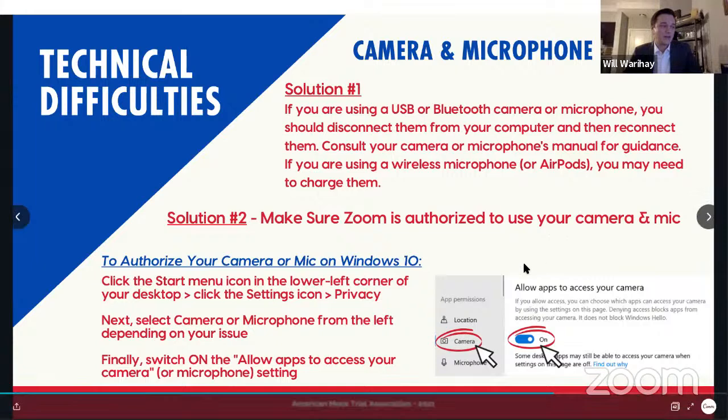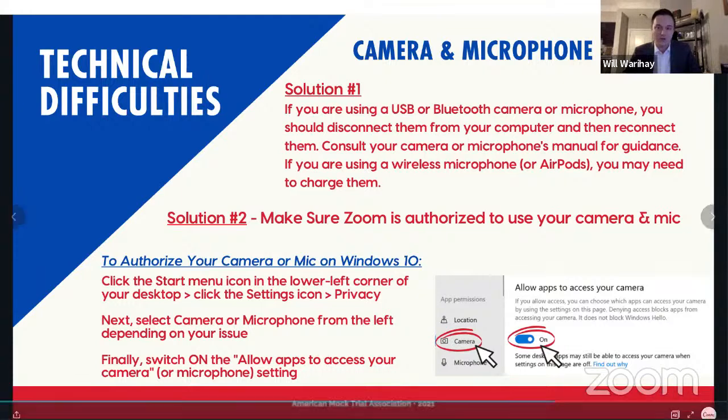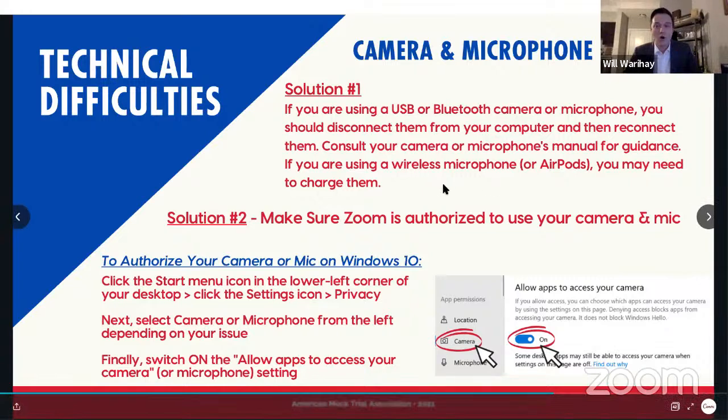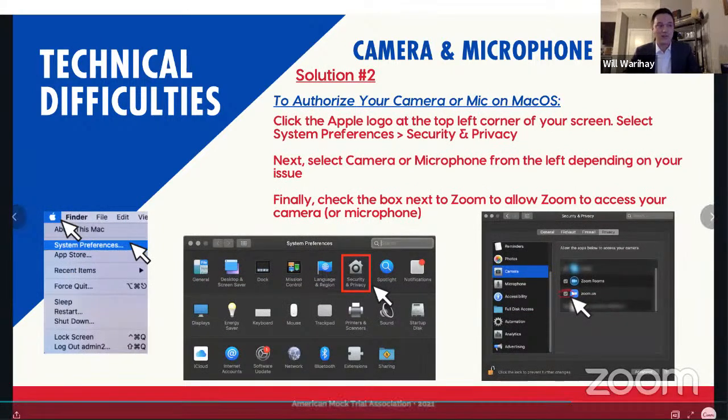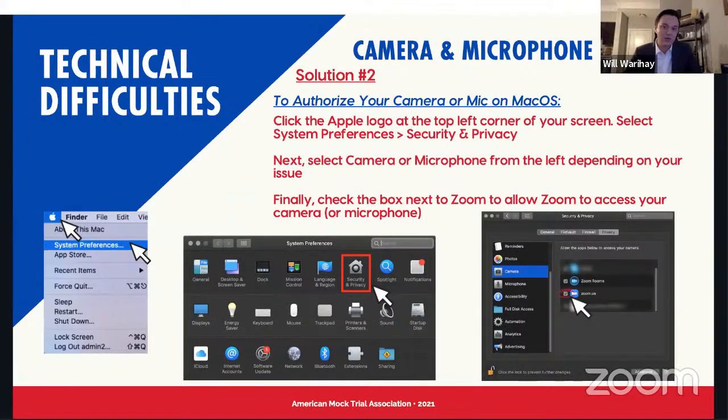On a PC, make sure that all your devices are authorized to connect with Zoom and talk to Zoom. That way you have no issues making sure that they're showing up as an option in the bottom corner of your screen when you click on the audio or camera options. On a Mac, make sure that you have each device authorized to operate on Zoom. Because Zoom is a third-party app for Mac, sometimes you need those specific authorizations, depending on the specific security settings on your device. So these settings walk you through how to specifically authorize your camera and your microphone to talk to and work with Zoom.